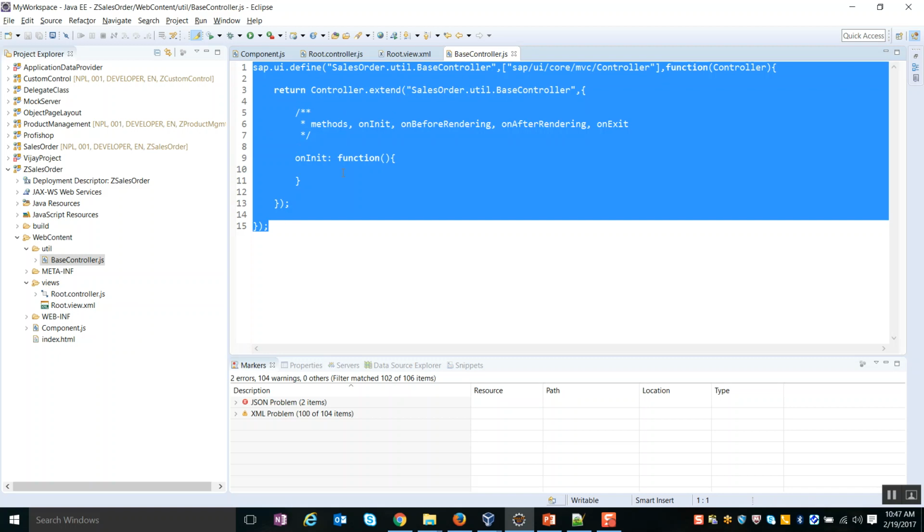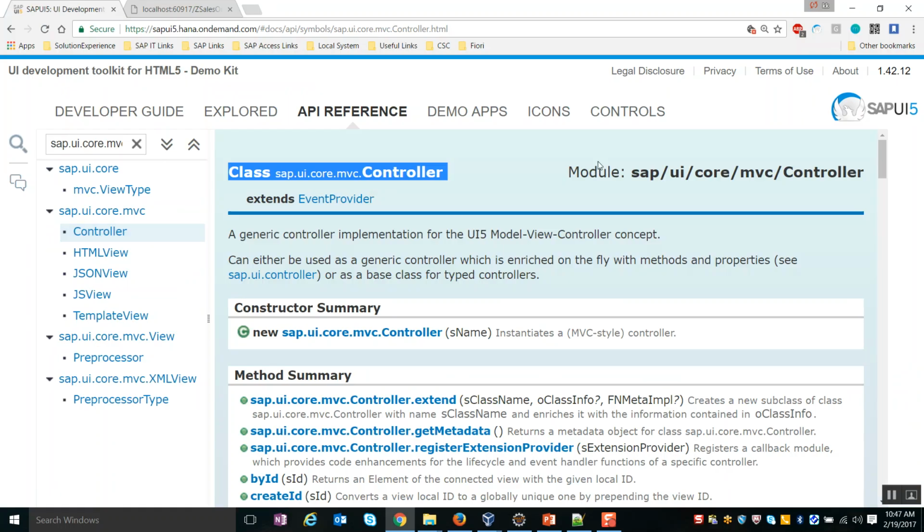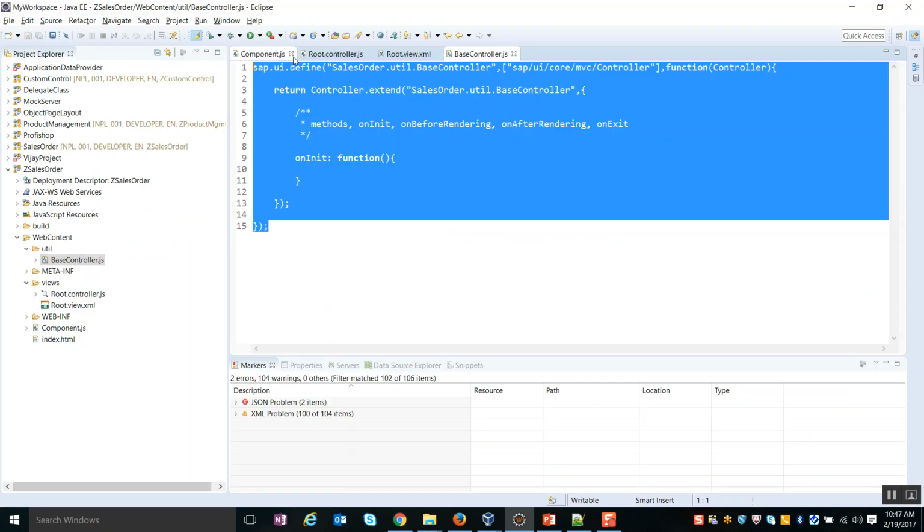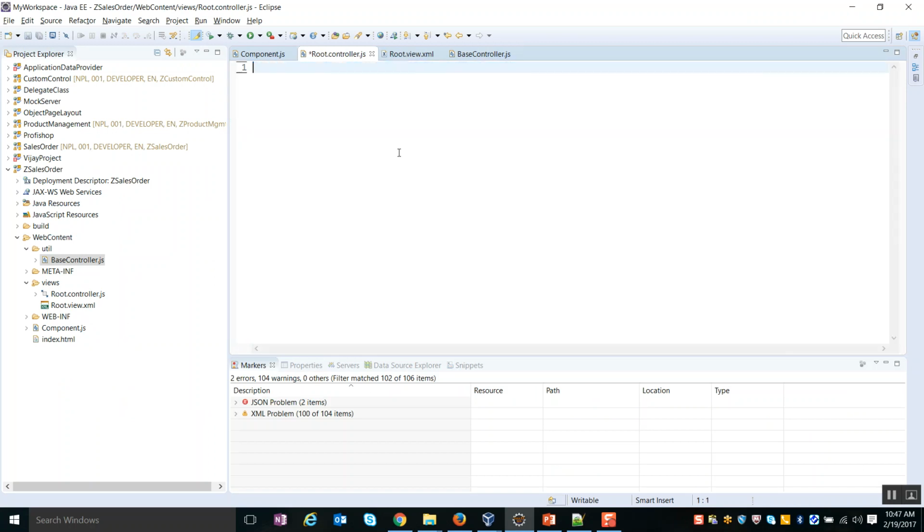Now, whenever I want to write some reusable methods, I can write them in this base controller so that the method will be available in all the controllers. Now I have created this root controller, and I want it to be inherited from the base controller. So I'll go to the root controller and modify it as sap.ui.define, where I define, from the sales order component, web content folder, the views folder within which I have this controller root.